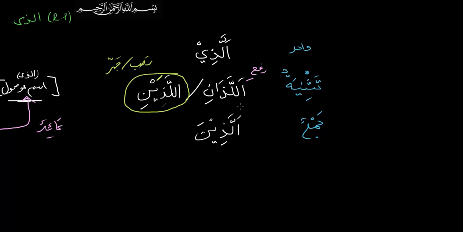Okay, so alladhi, allazani, alladhaini. It changes in a state of, now remember these are mabni. Okay, these are mabni, but they change slightly in the tasniya state. In a rafa state, allazani, and in a nasab and jar state, allazaini, and in a jama state, alladina. Okay, so this is for asma al mawsula lil muzakkar.